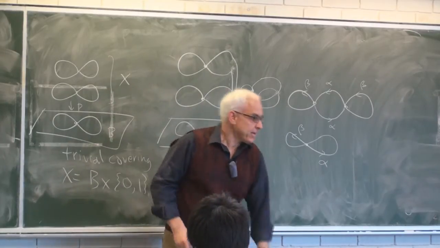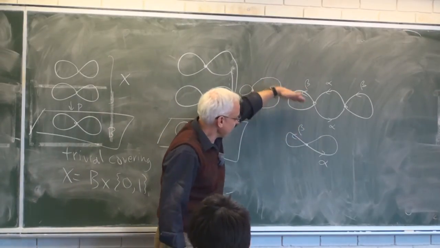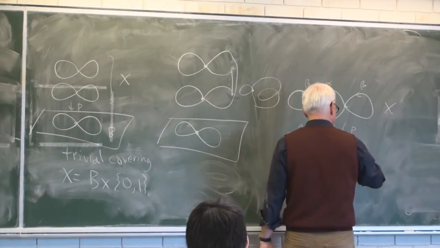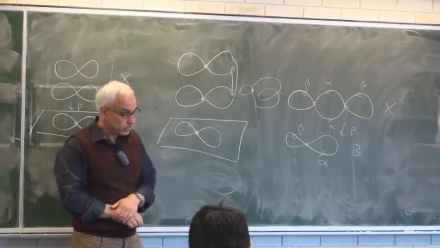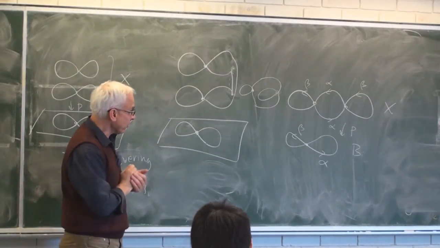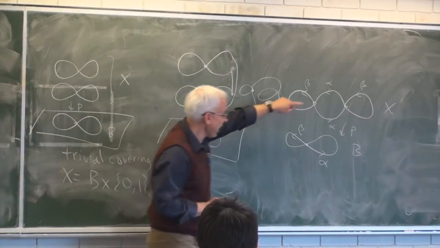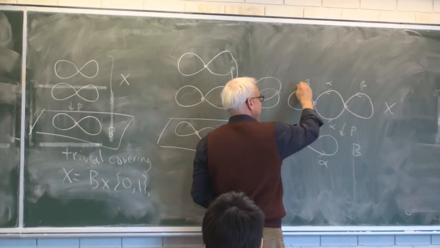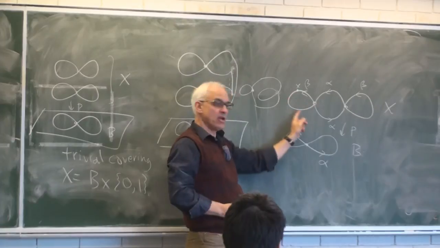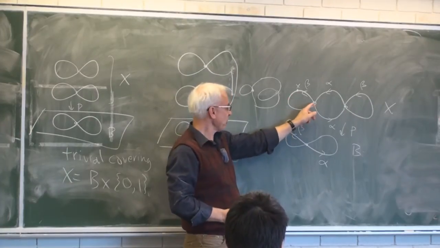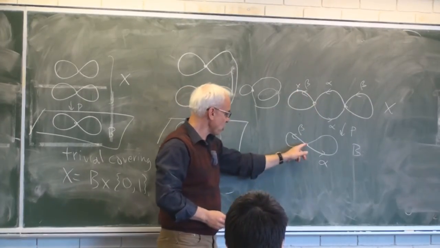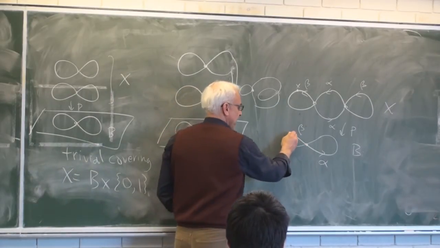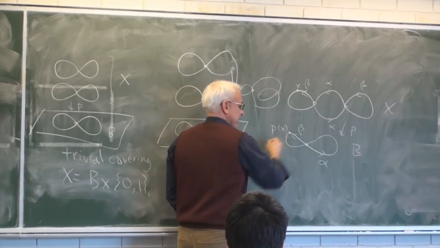Okay. Now I have to describe the map, the projection from this space X to the base space B. And the rule is that we just look at any one edge that we're on up here. Let's say we have a point X here. Well, it's on the beta edge, a certain way along the beta edge. So we just go that same amount along the beta edge down here, and we declare that to be P of X.